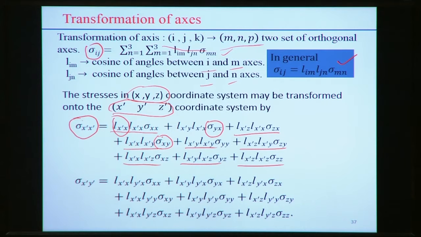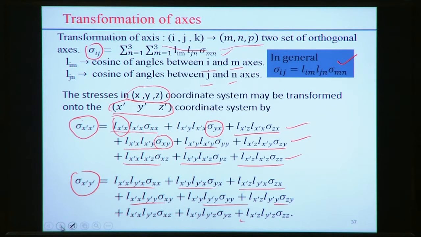Here we find that the stress tensor has a total of 9 components, 3 plus 3 plus 3. All 9 components can be transformed using the direction cosines, if we know the direction cosines between the old axis system and the new axis system. This is a systematic way to represent or transform the stress state with respect to the newly defined axes as compared to the old axes. Similarly, the shear stress components can also be transformed to another axis system, that is the x dot, y dot and z dot axis system, in a similar way.